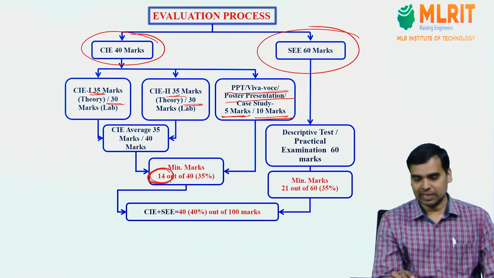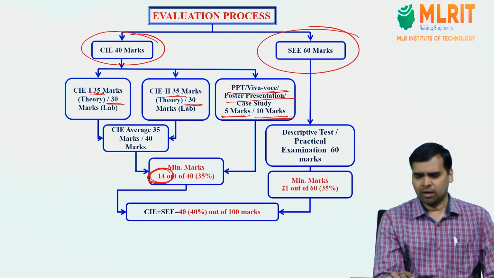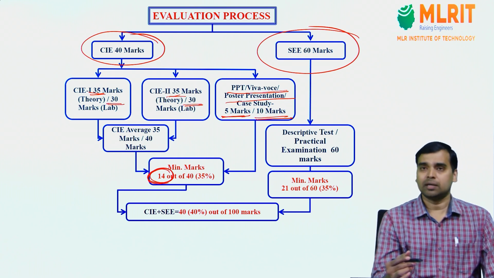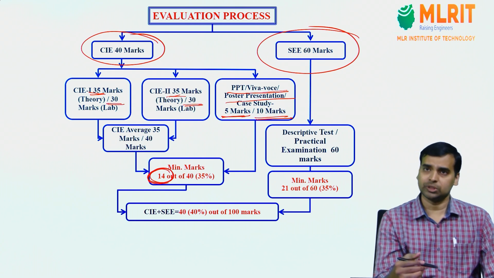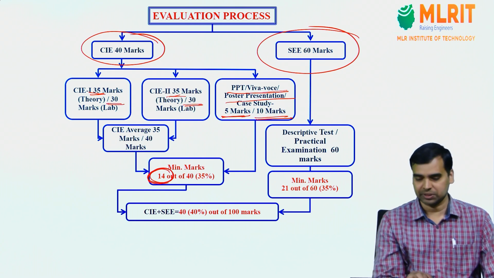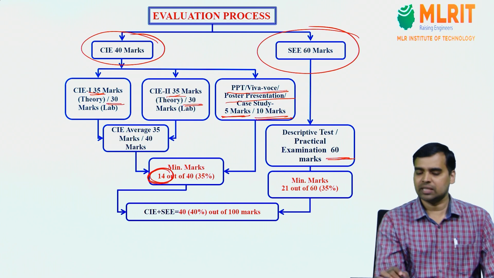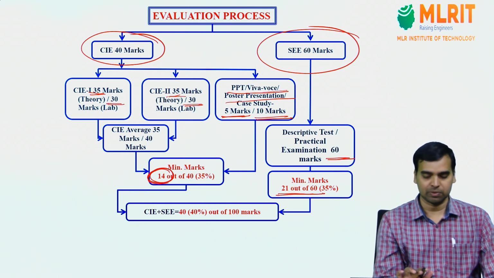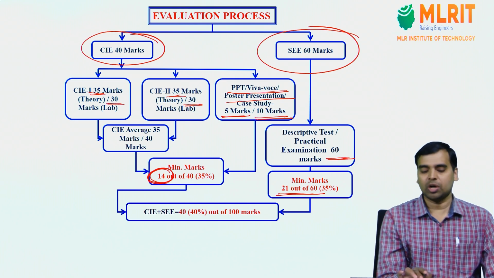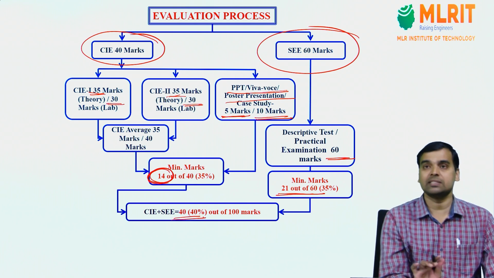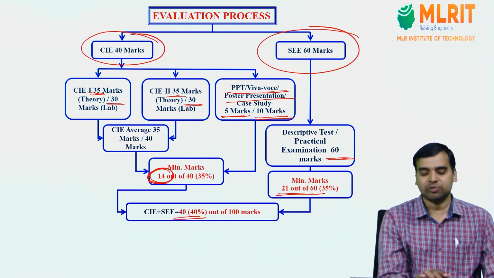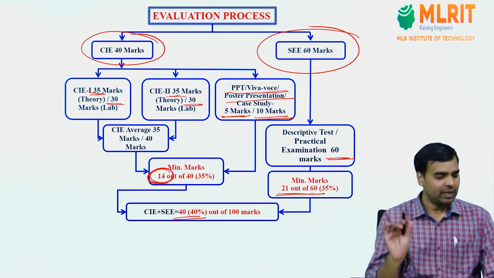Now when it comes to the SCE exam, it is the same. The SCE theory exam and lab exam are out of 60 marks, and in the previous slides I showed you the pattern or marks division. Whatever it may be, out of 60, 35% of 60 is 21, which is the pass mark in the SCE theory or lab course. So altogether, out of 100, the student has to get 40 marks to pass in that particular course. Whether it is theory or lab, the student needs to get 40 marks. I hope it's clear. Thank you.